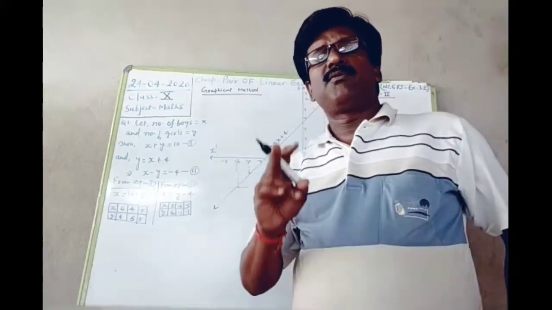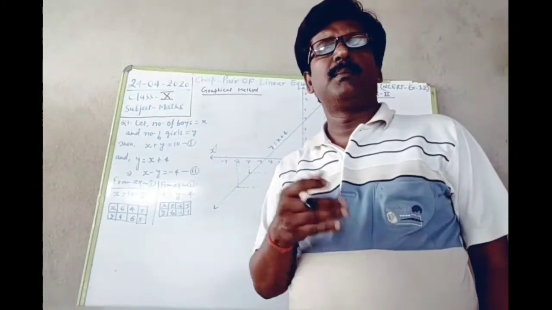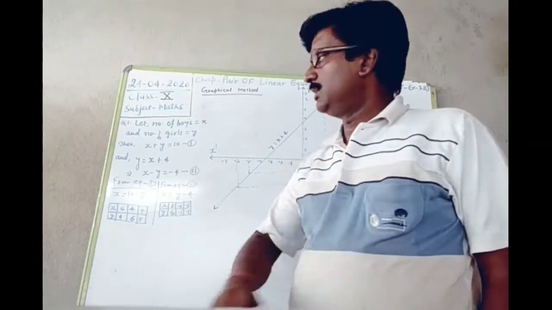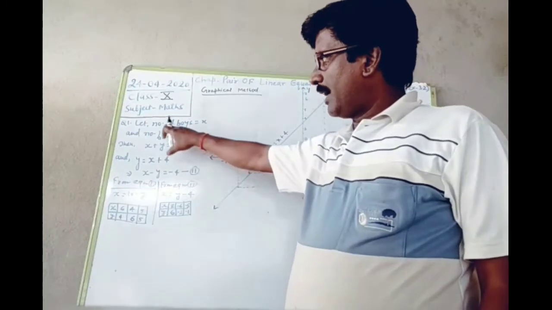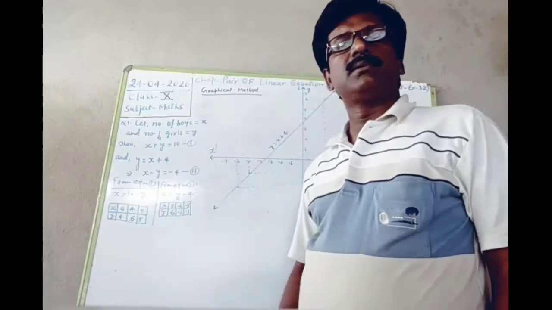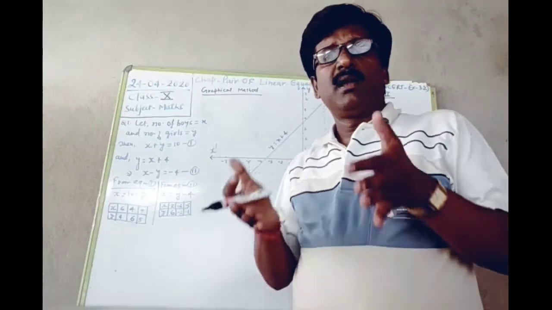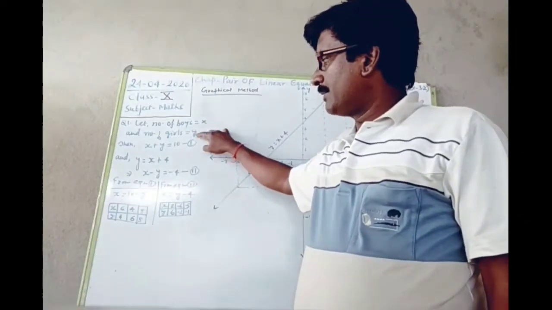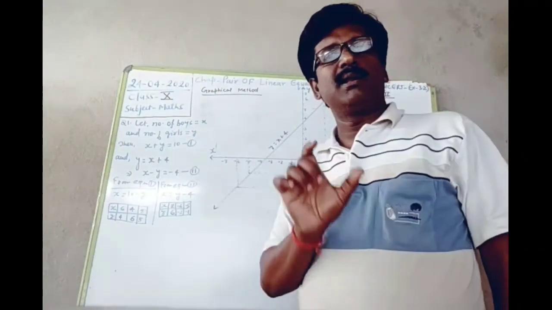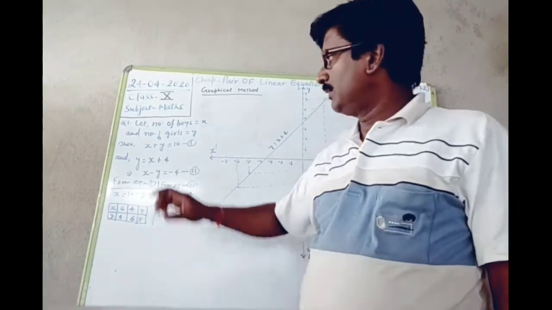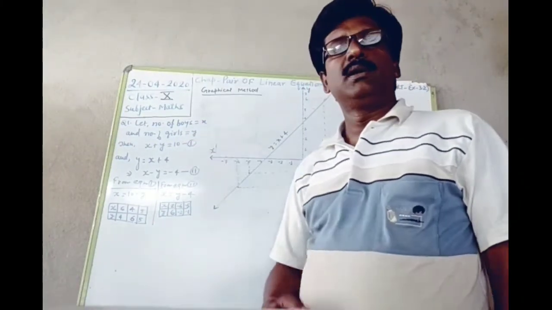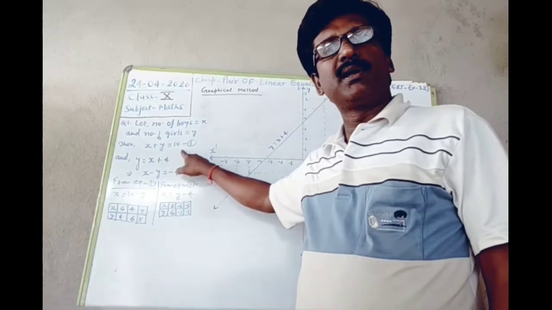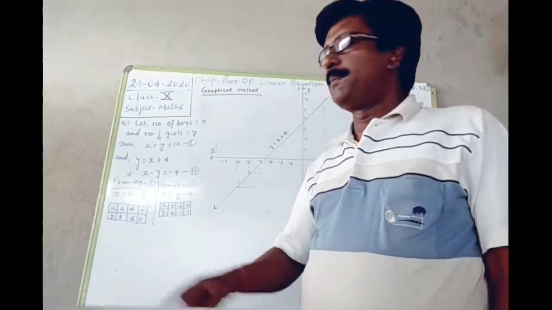in this question we have to find two things, the number of boys and the number of girls, and these two things we have to consider using two variables. For this, I have considered the number of boys as x and the number of girls as y, and the total number of students in the class is 10. Therefore, since boys and girls both are students, the number of boys plus the number of girls will be the total students, and the total is given as 10. So x plus y is equal to 10. So using that information, I have framed the first equation.